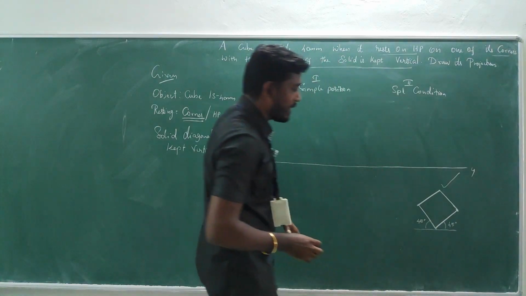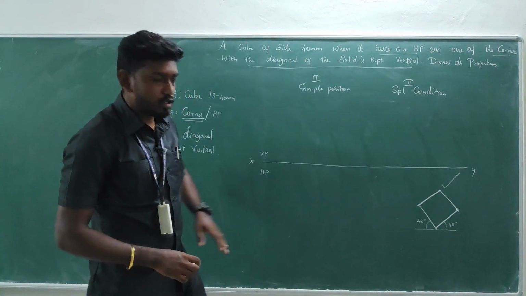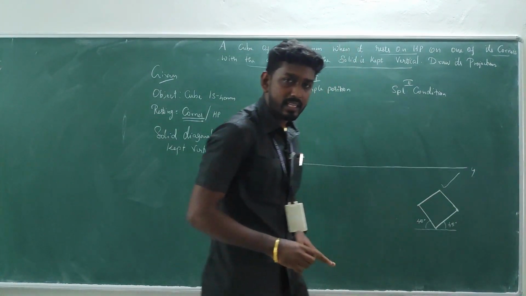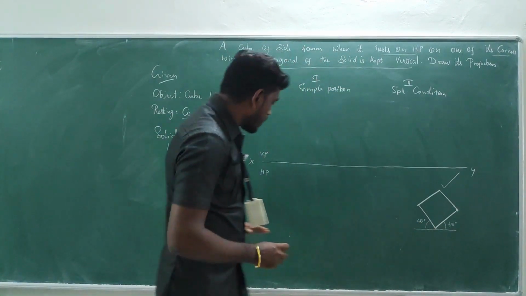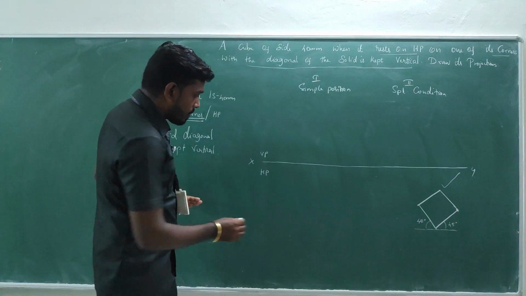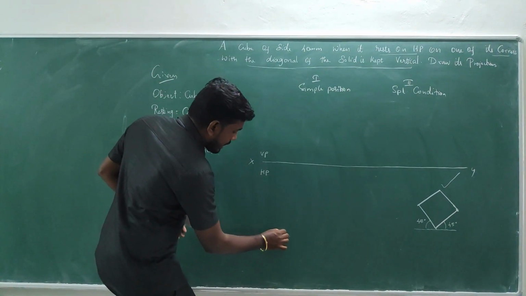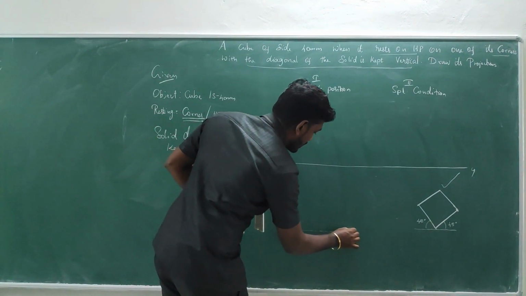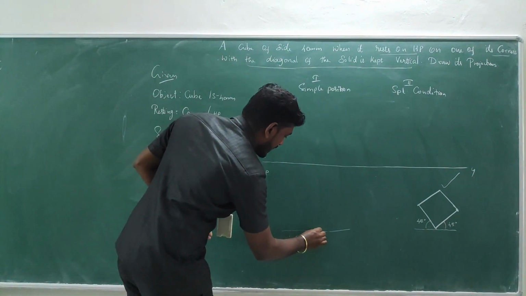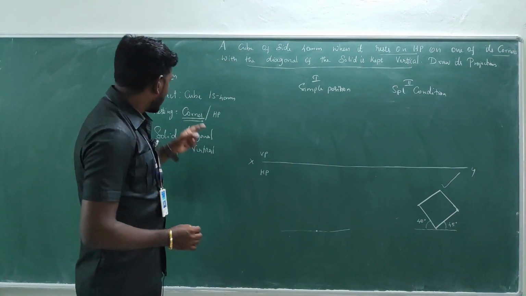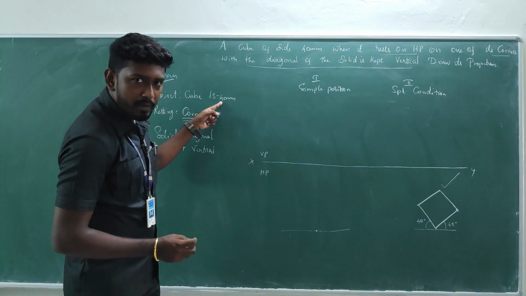It will be like an equally inclined position. In order to get the corner to come on the right, we have to keep the position of the object something like this. Okay. So for that, in order to draw, I am going to draw the horizontal line, just a reference line in a very thin manner, and then take a point. Now it's a cube with 40 mm.